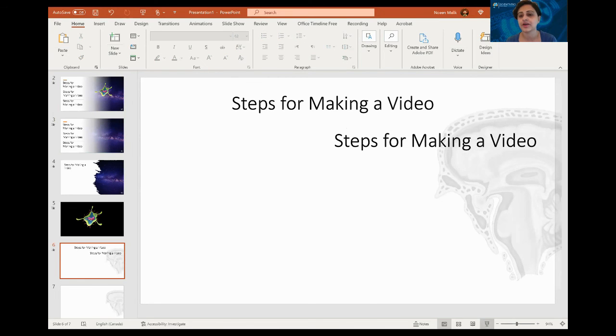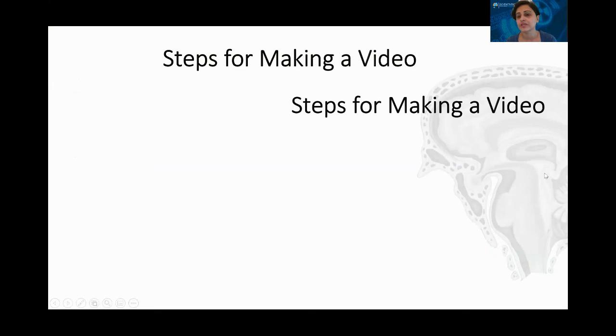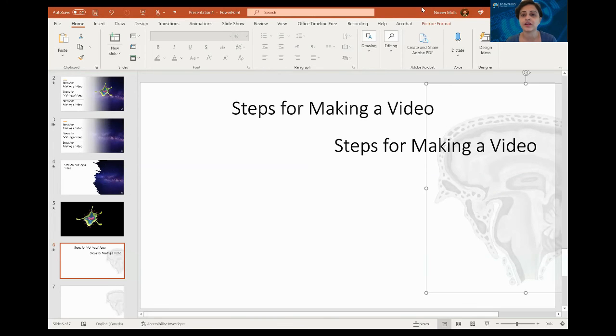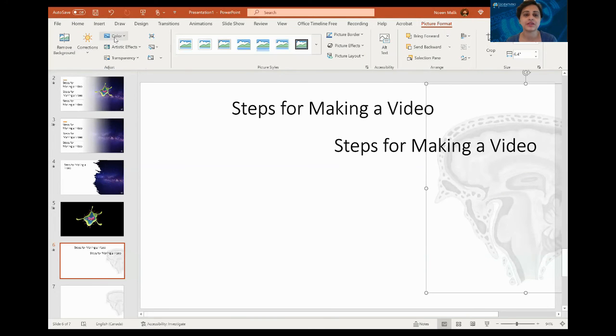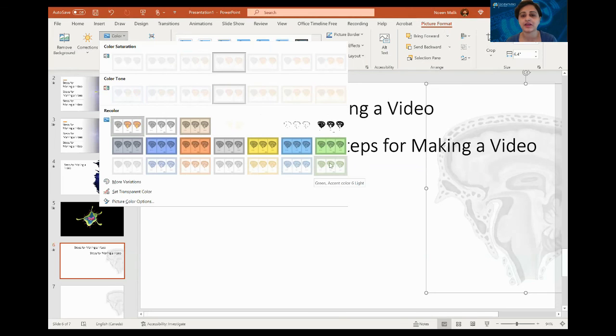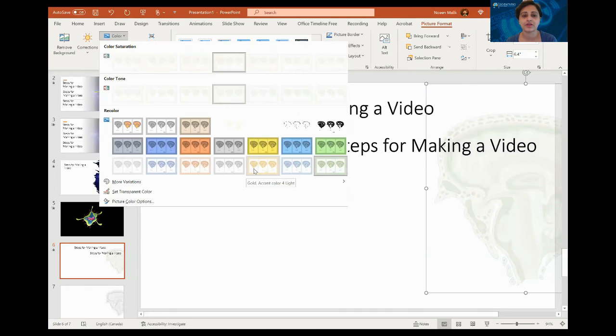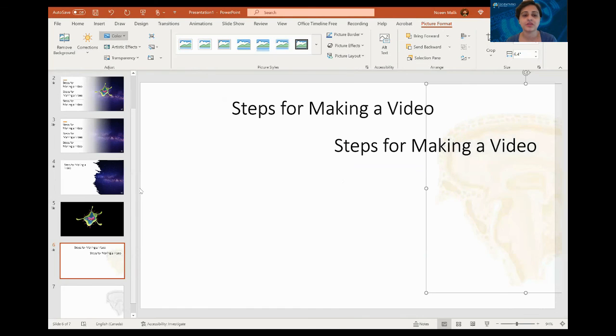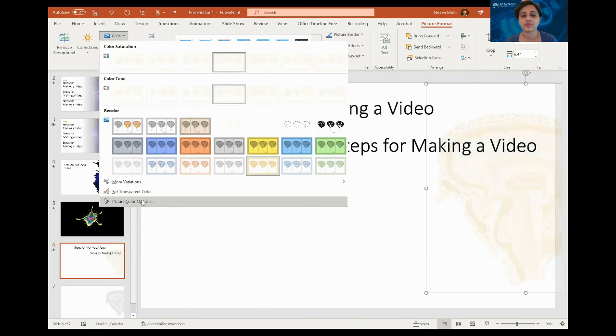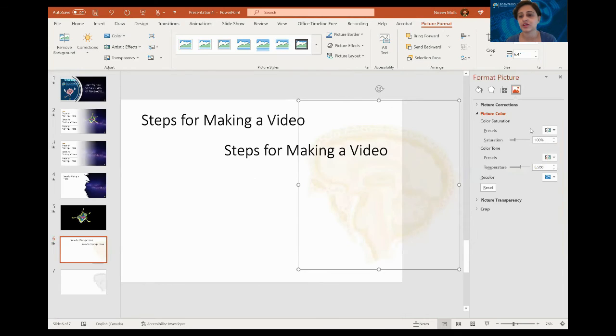This is another way to have beautiful backgrounds, to put pictures related to your topic and make them transparent. Even you can control their color. So I don't want to change the color, but you can definitely change the color. Like you can have a green background, you can have yellow, you can even use the color which you want. Picture color options, you can even choose the colors which you want, and you can add those colors too.